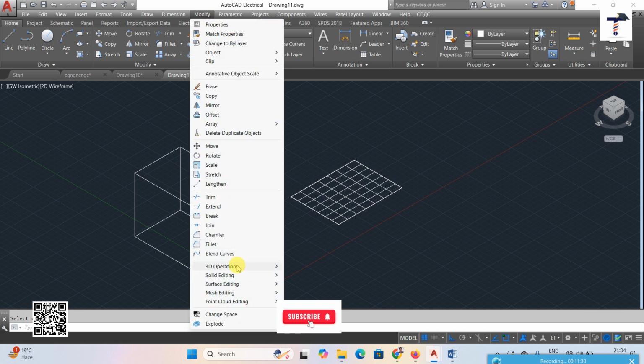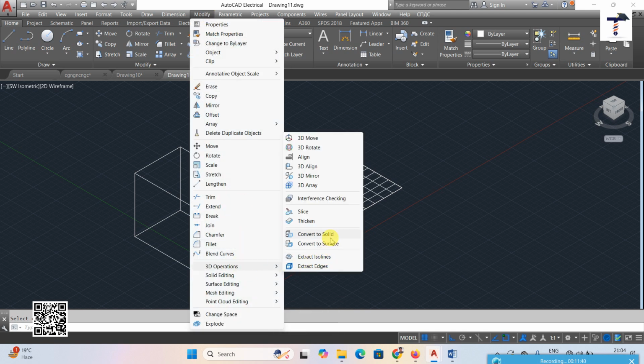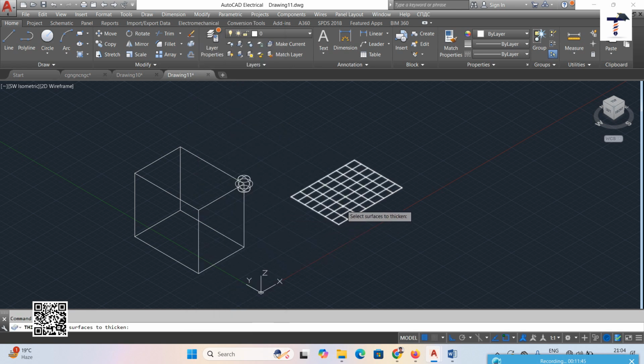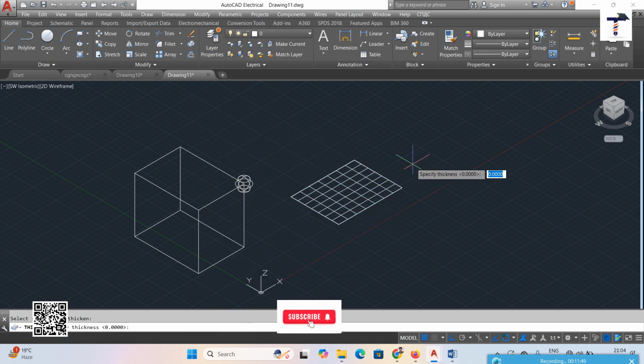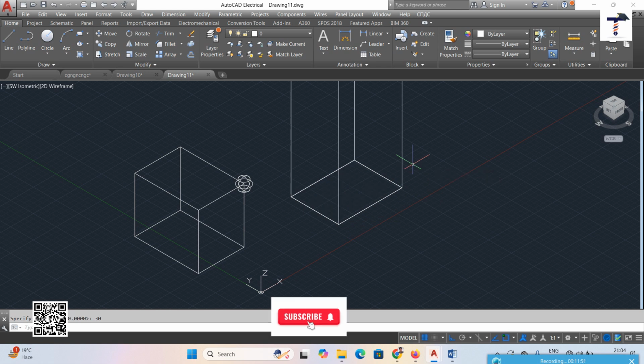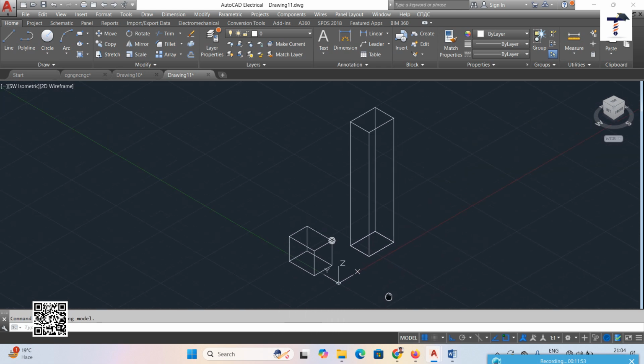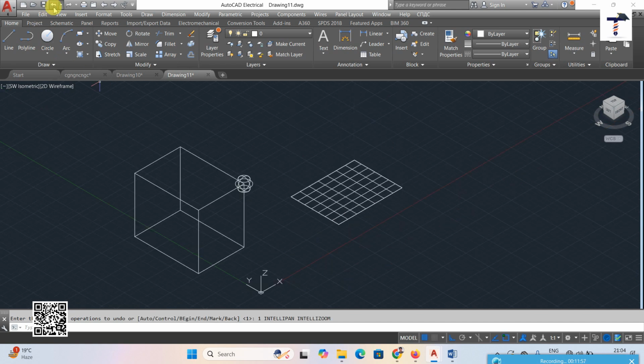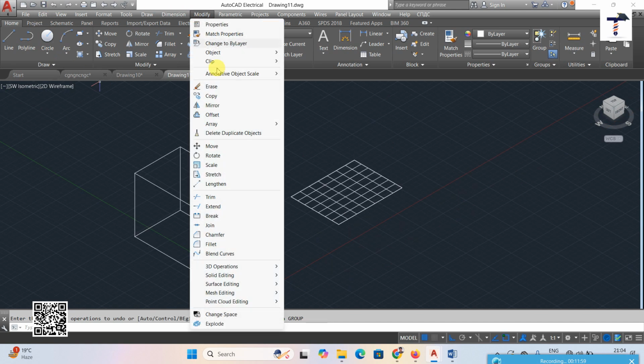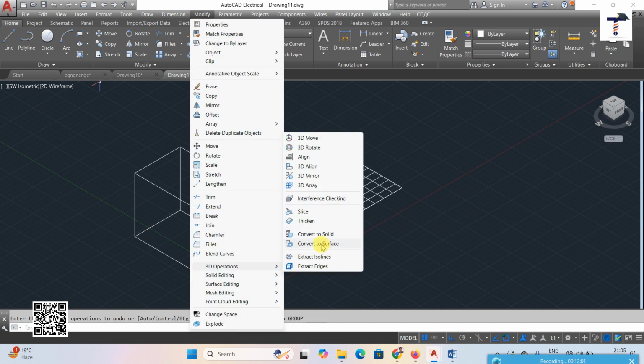So now modify here, convert surface. So thicken. Suppose choose here, right click, and suppose specify thickness. Suppose give it here 30. So now this one becomes 30. Okay, 30 is the thickness value. Then modify here,